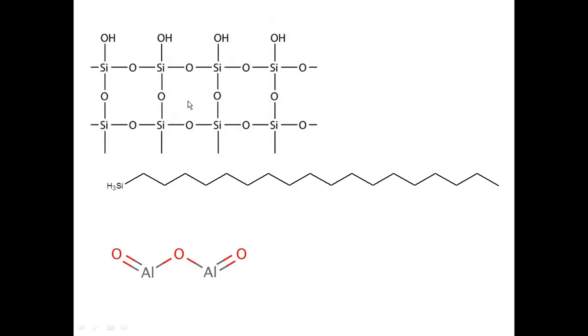So this is the general structure of silica. I told you silica will be having OH group, OH group, OH group, and because of this OH group, silica is more polar, and this is modified silane. So this will make the sorbent more hydrophobic, and this is alumina, and this double bond O group will become responsible to make this alumina more polar. So this is how we can write the structure for all those sorbents we will use.